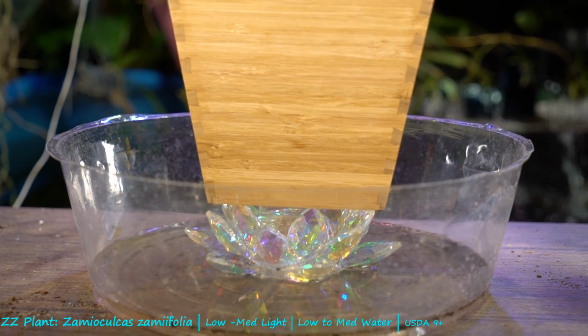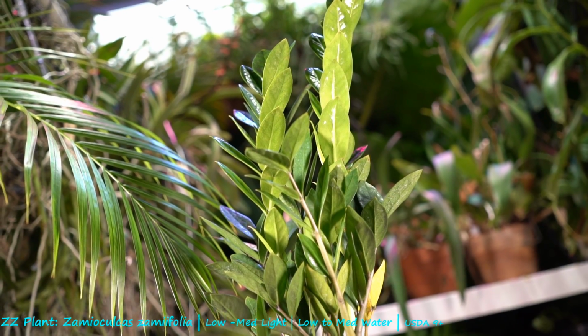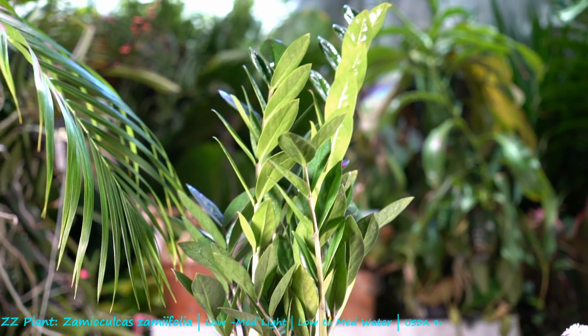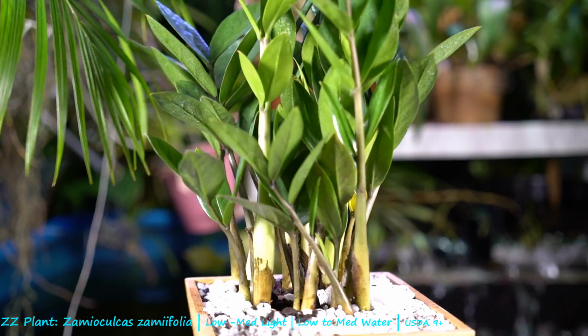It's a pretty candle holder. I'm not going to hate it. It looks fine. Yeah, there it is. ZZ plant. Super awesome, easy house plants that really, you just can't go wrong with, because they're so easy